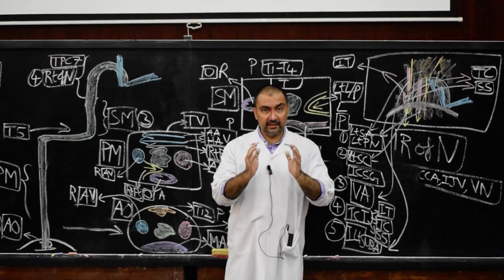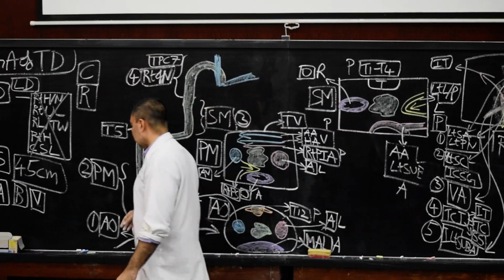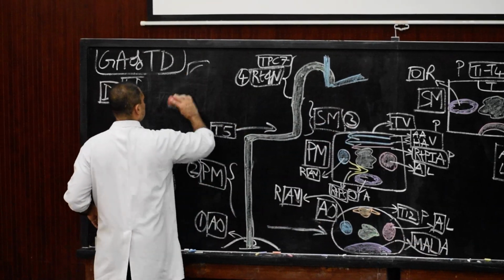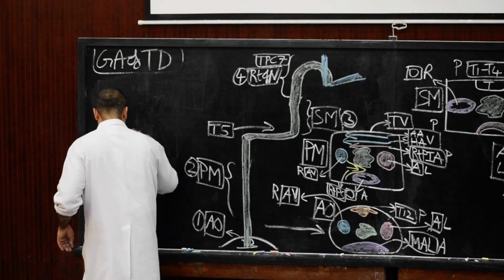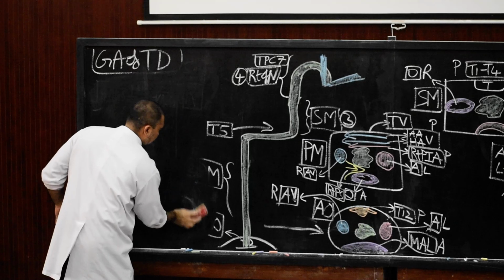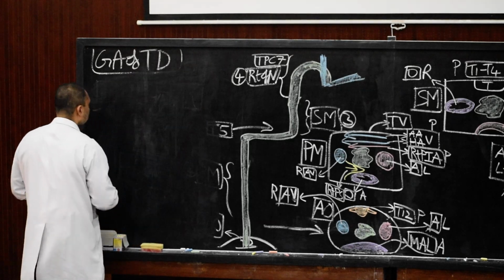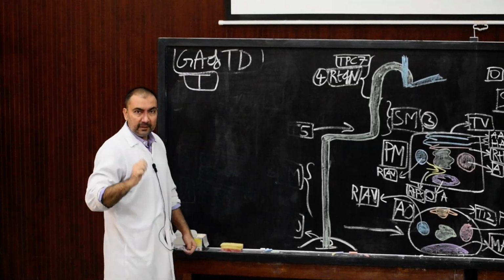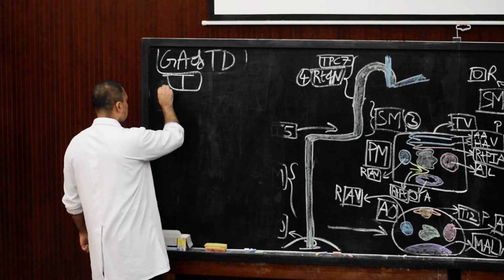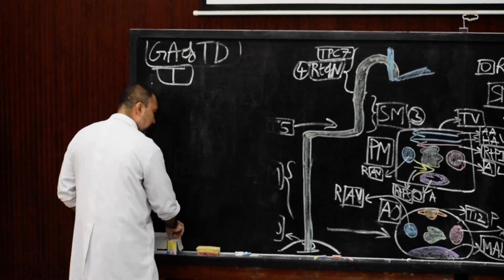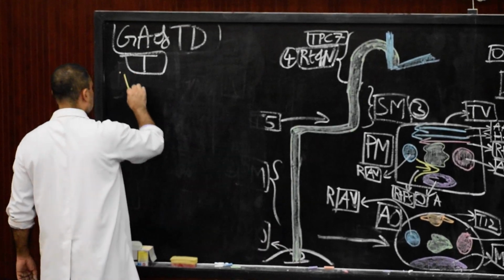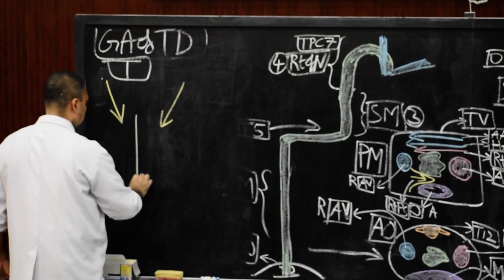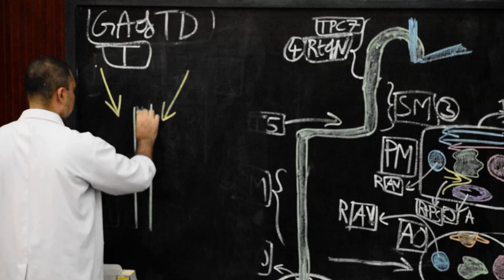Now tributaries. Now we shall draw the tributaries. Please come on this side. Here we will write the tributaries on this side. The easiest way to remember the tributaries of the thoracic duct is with the help of arrows. For the tributaries we will use yellow color. So these two arrows we are going to mark, and centrally we are going to draw this thoracic duct.